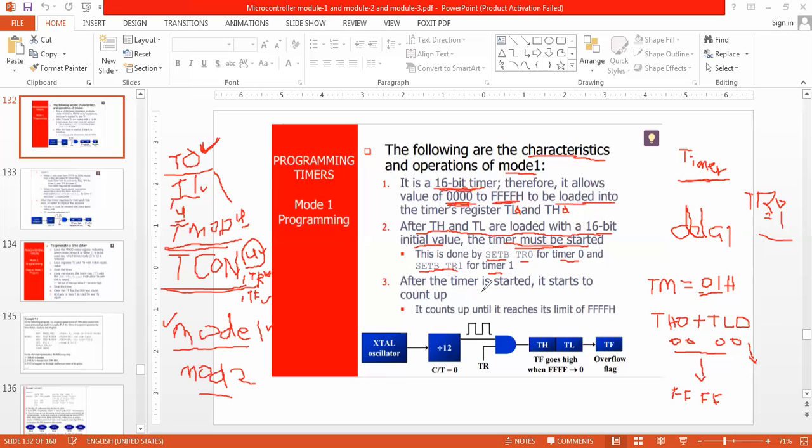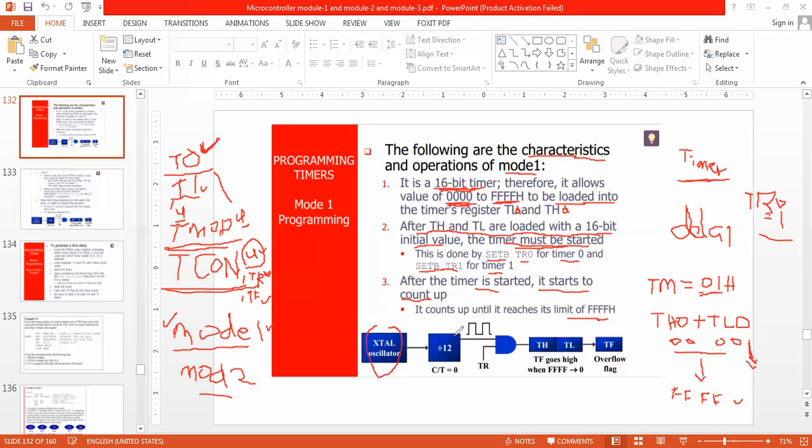After the timer has been started, it starts to count upside. What is the maximum limit? The maximum limit is going to be FF. So what actually is happening?